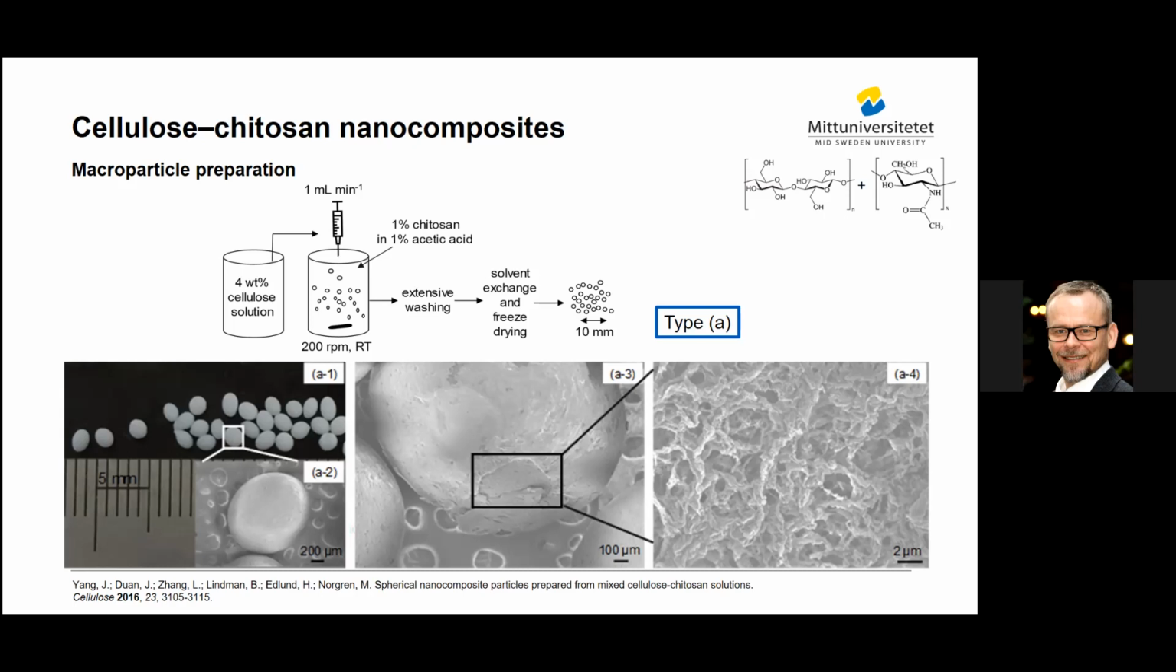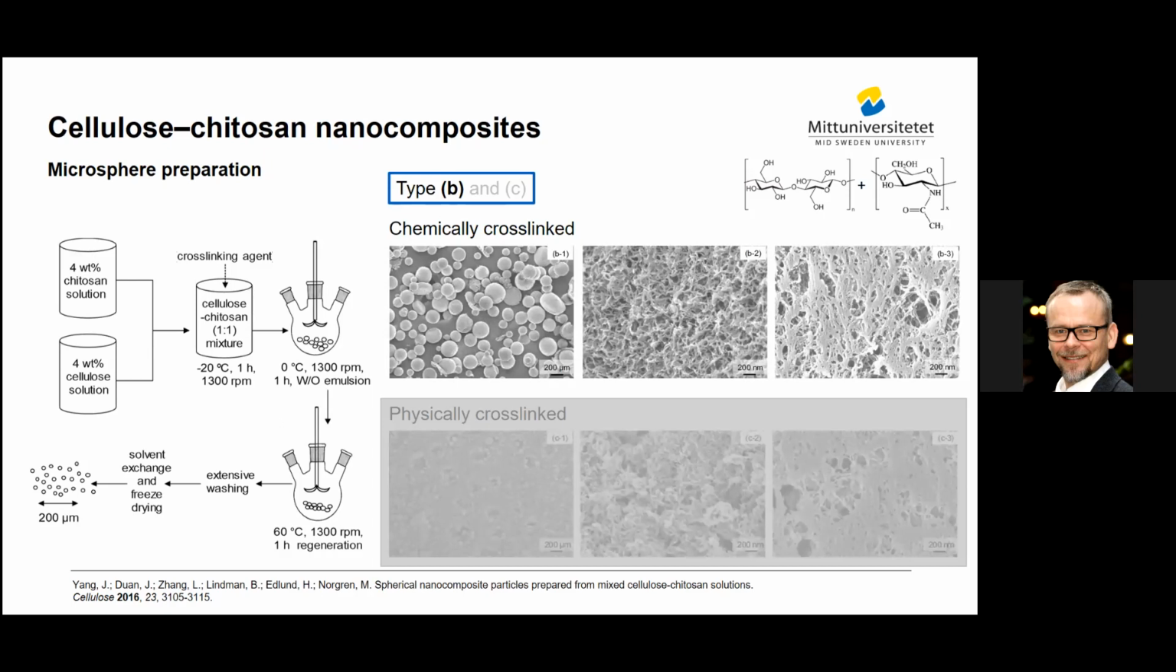So this was type A. And then you can do type B and C. Type B is actually utilizing the same procedure, mixing them together and putting in a cross-linking agent, and then making a water in oil emulsion, where you do a regeneration by changing the temperature to 60 degrees from the low temperature here, where you have solubility, and then you go to a higher temperature where you lose the solubility of both these